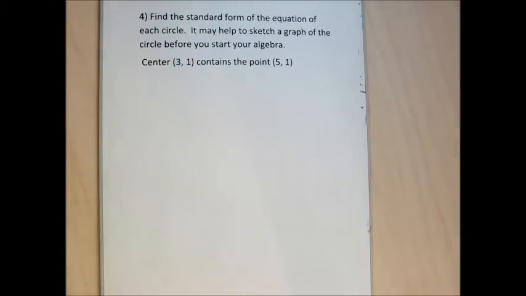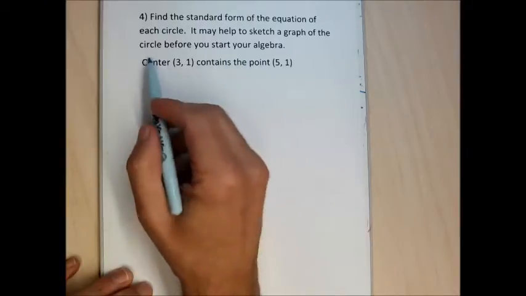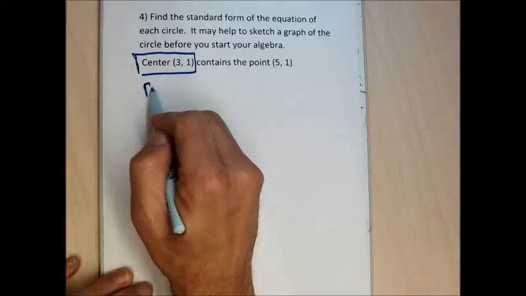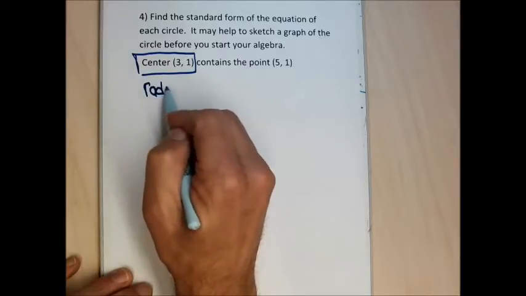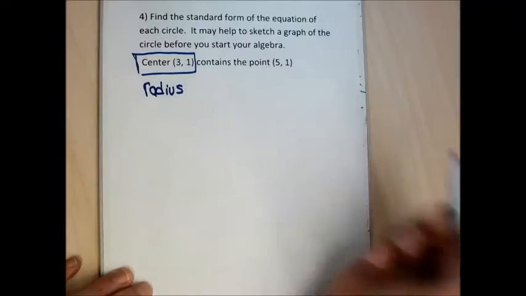Question 4 gives me the center of a circle and a point on the circle, and it asks me to find the equation. It says you can sketch a graph, but you don't have to sketch a graph. So immediately, I know to find an equation of a circle, I need a center and I need a radius,